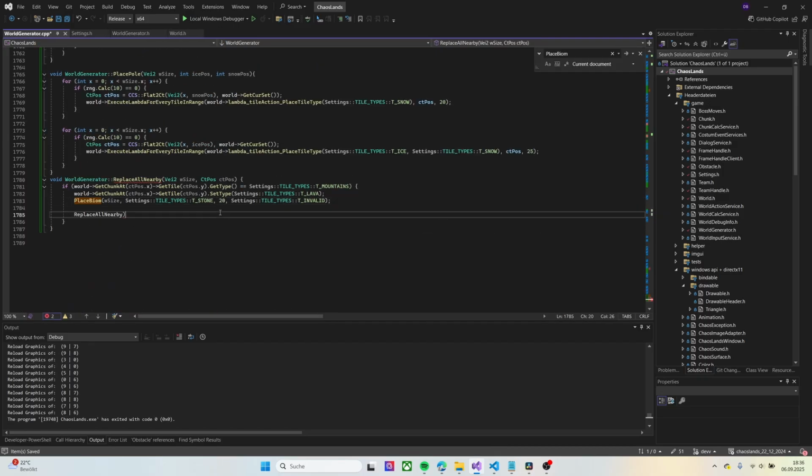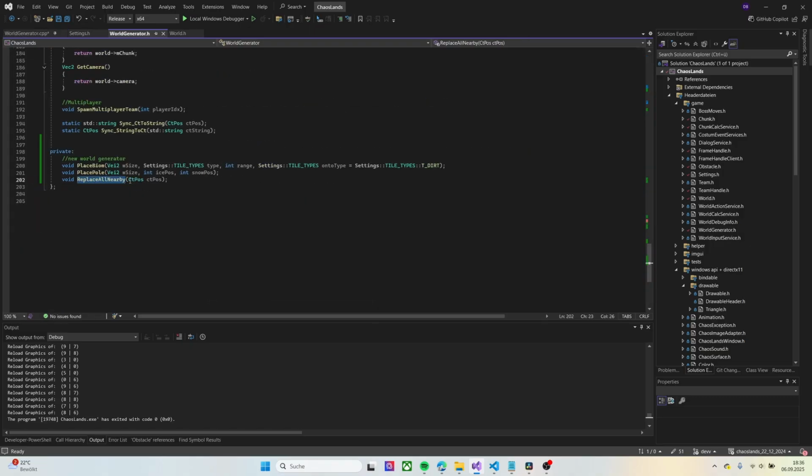The next step is to replace the surrounding tiles also. So this is done by calling the function replace all nearby, and giving a little bit different coordinates. So we will move one tile to the right, one to the left, one up and one down, and check if those are the type, for example, the mountain type, and if they are mountain, then they will be replaced with the